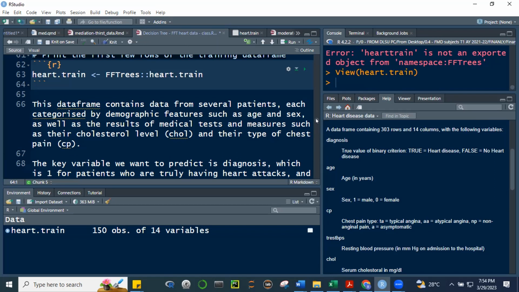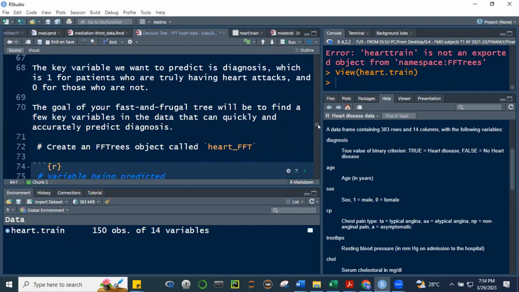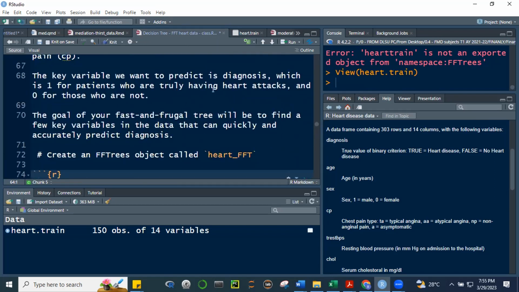So, the key variable natin that we want to predict is diagnosis. Okay, this is false. Kung false siya, is equal to 0. So, walang heart disease. Tapos yung 1 naman, yung may heart disease. The goal is to be able to find a few key variables in the data that can quickly and accurately predict diagnosis. Okay? So gusto natin,